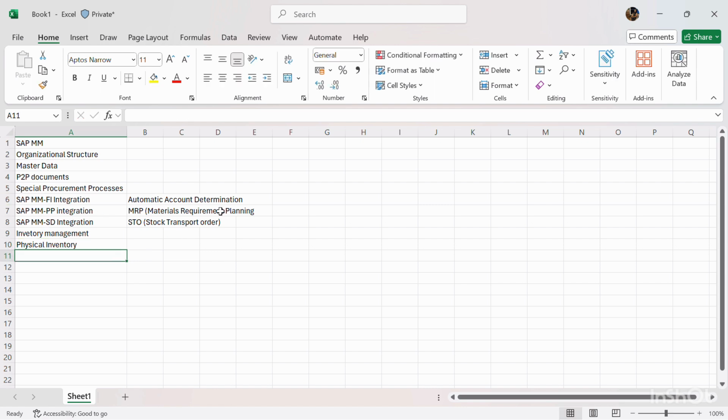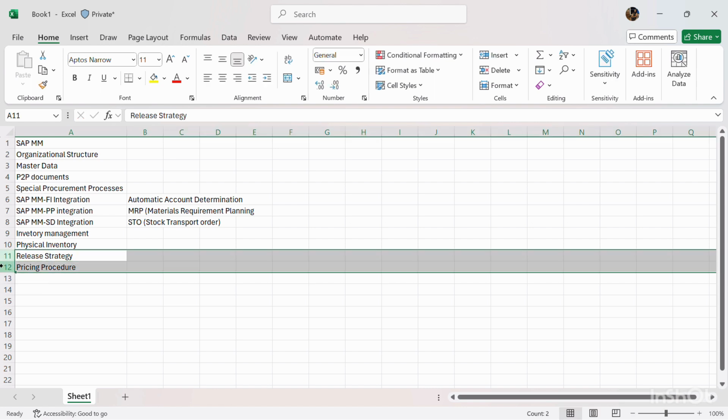Now these integrations are there. Then comes the main part, which is release strategy. Then we have pricing procedure. So what we can do is we can take these and mention them before the